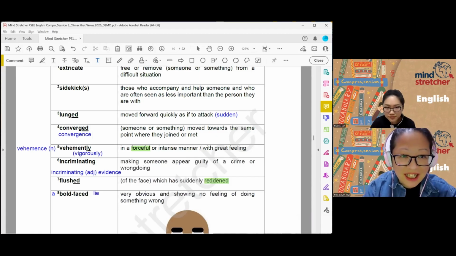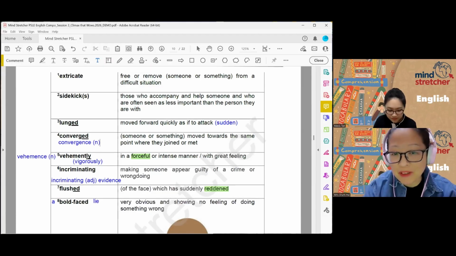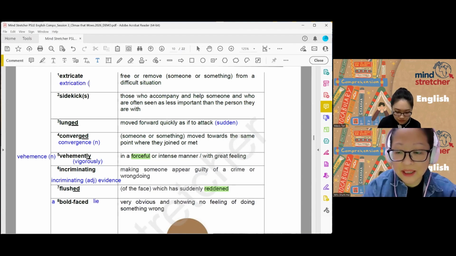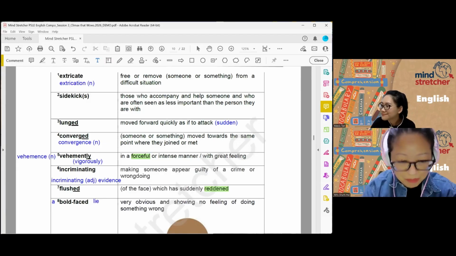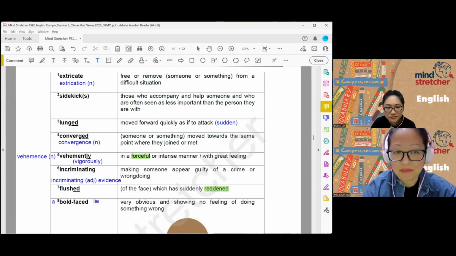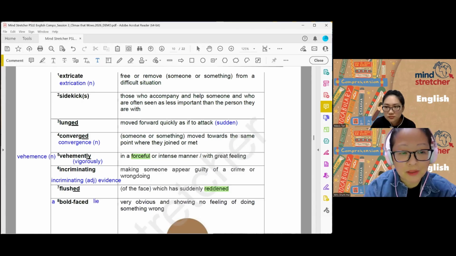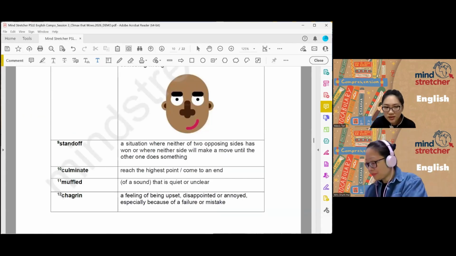Like extrication. Oh, yeah. It took very long for the police to extricate somebody that is trapped in a car, right? So the extrication of the victim took much time. So this is how you build up vocabulary, not just memorize phrases. You also have to think when you can otherwise use these words for other purposes. Thank you, Mrs. Sham.